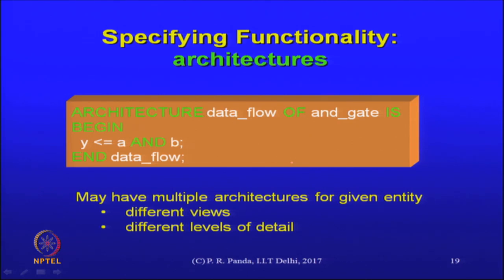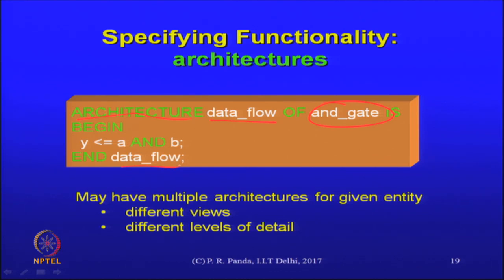That is where we specify what it is doing, or how it works. So, architecture is a keyword, that is where I specify the functionality. The AND gate here tells us that this is the connection between the entity specification and the architecture. Which entity are we specifying the implementation of? That connection is established by using the name that we gave to the entity. This is the name of the architecture. We have chosen a name called data flow here, it does not really matter,